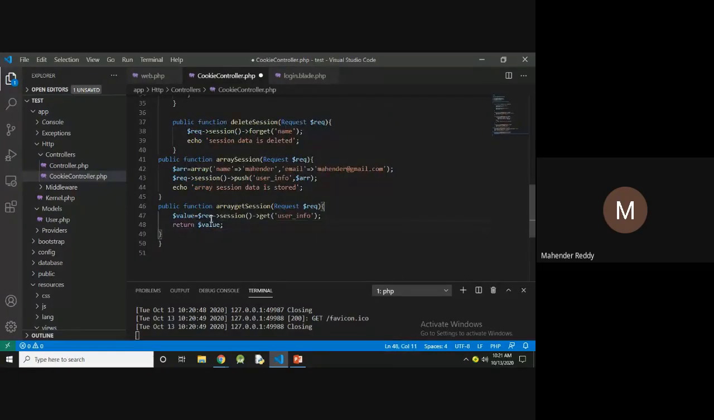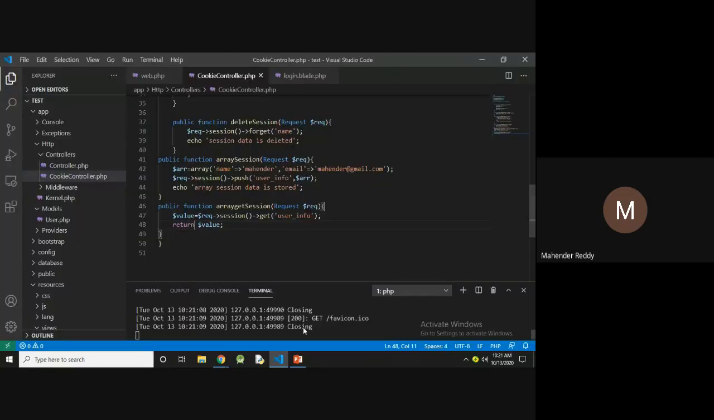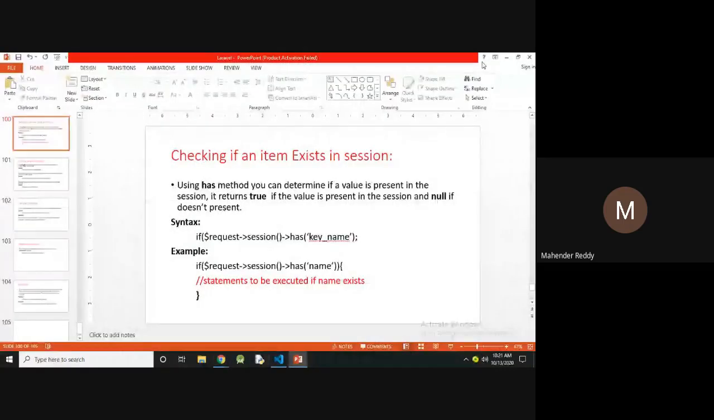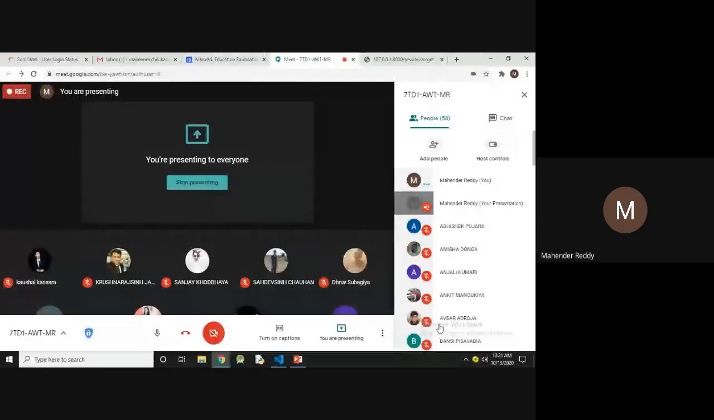Return. So for array values, whenever you are getting the array session data, you have to use return. Return $value, then it will display in array format. So this is a way to create the sessions. And tomorrow you have